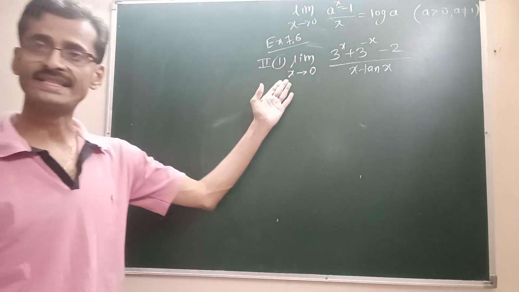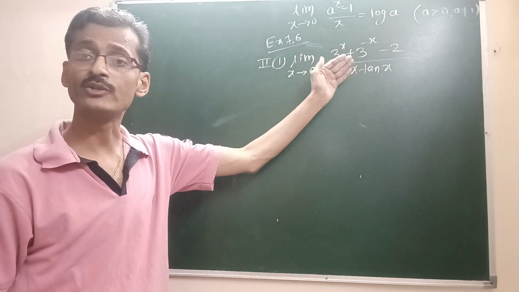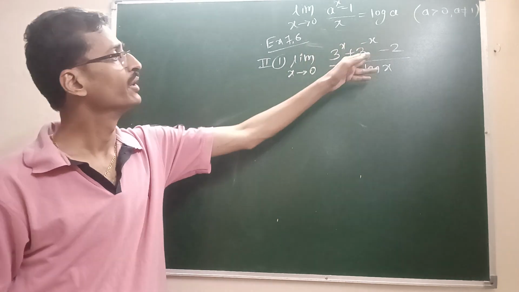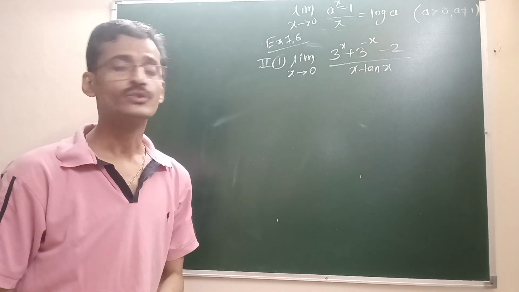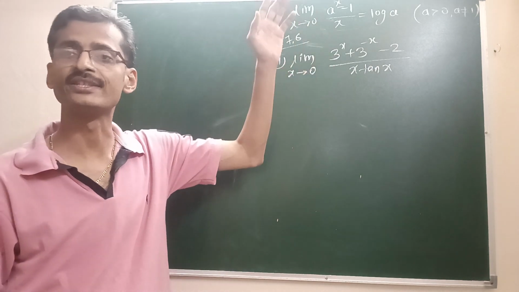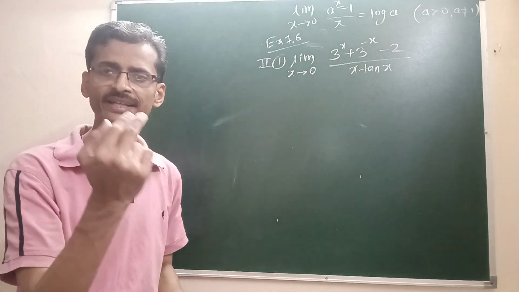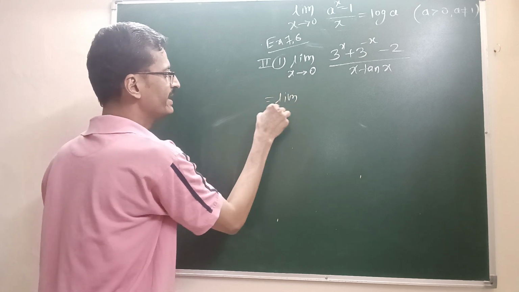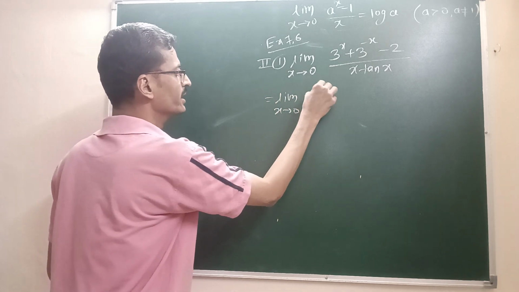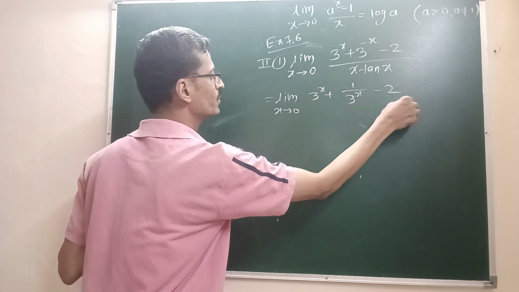Here the sum is limit x tends to 0 of (3 raised to x plus 3 raised to minus x minus 2) upon x tan x. Here 3 raised to minus x is given, so how can we write 3 raised to minus x? We can write 1 upon 3 raised to x. So this is limit x tends to 0, 3 raised to x plus 1 upon 3 raised to x minus 2